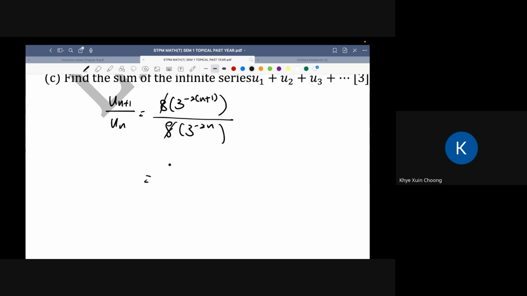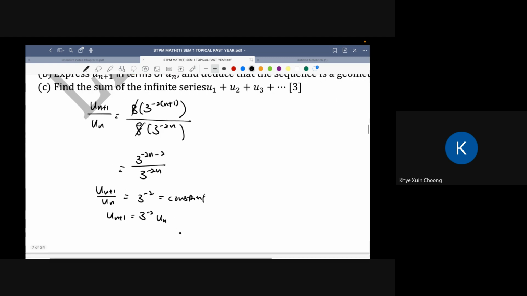Okay, you should get 3 power negative 2n minus 2 over 3 power negative 2n. You will get 3 power negative 2. Okay, so Un plus 1 over Un equals to 3 power negative 2, which is a constant. So Un plus 1 should be equal to 3 power negative 2 times Un. Okay, so when you express it in the